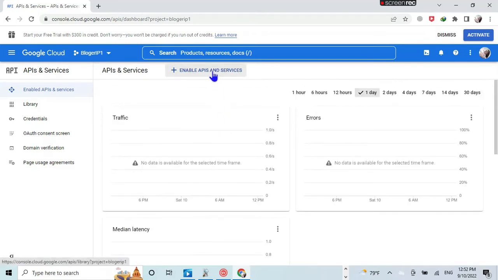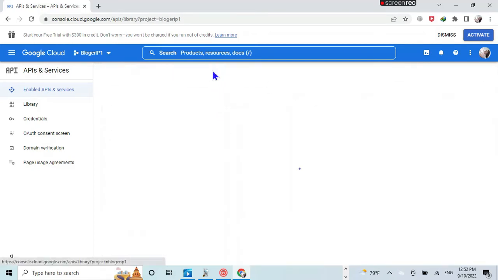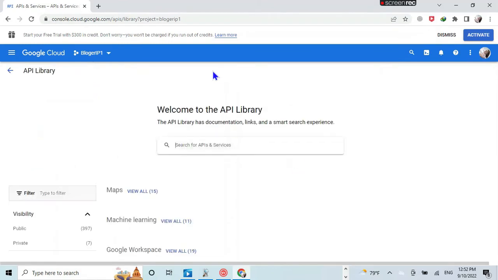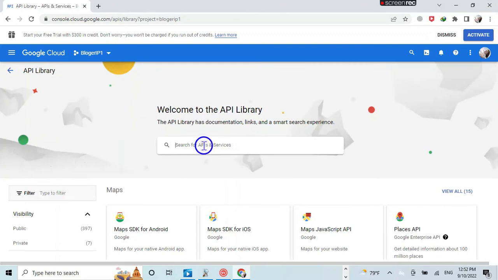We go to enable APIs and services. We click on enable APIs and services, and under this search bar here we write Blogger API to see if